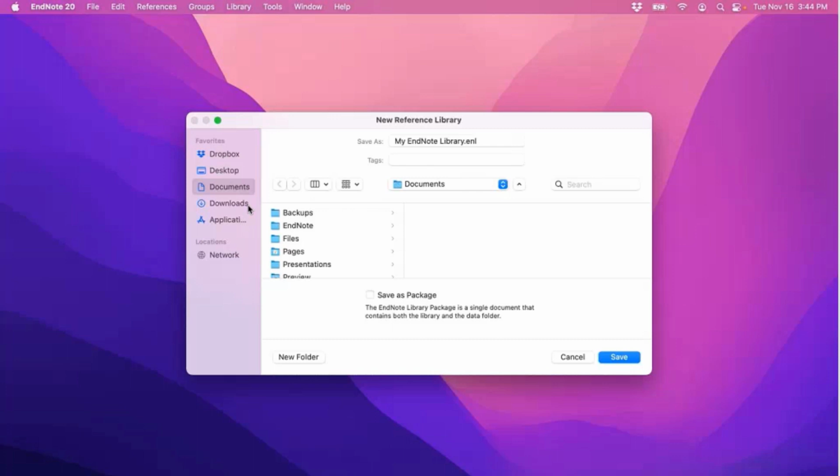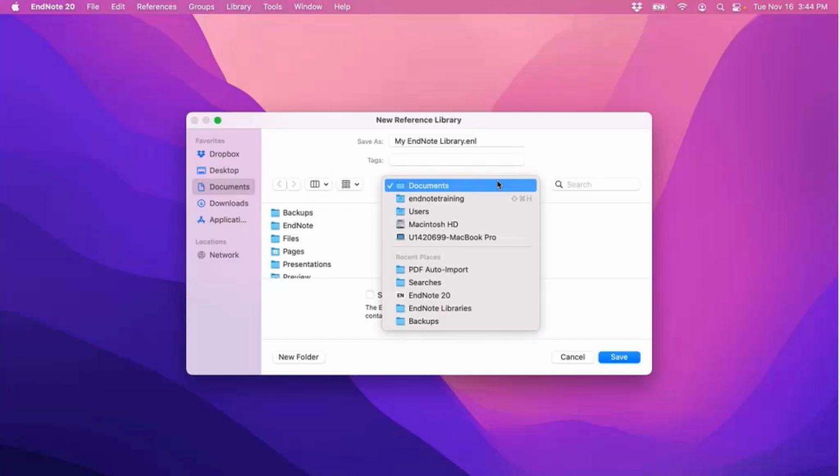So those sync locations are fine for backups, again, like I mentioned. You can save backups on network drives or local sync folders. But when you're actively developing your library, you're going to choose a local folder that's not being synced by any other service. So even if you have iCloud syncing turned on, there are a number of locations on your drive that aren't going to be synced with iCloud.